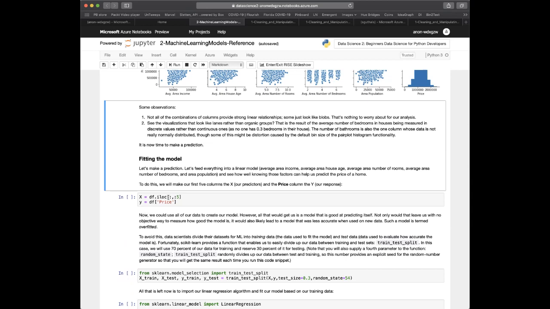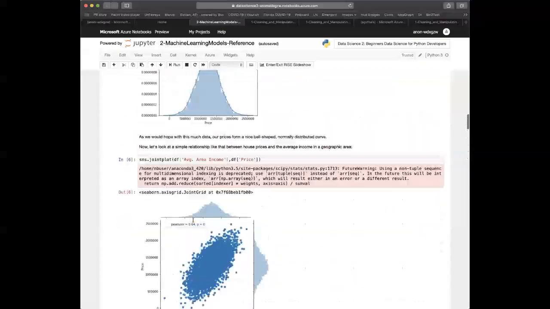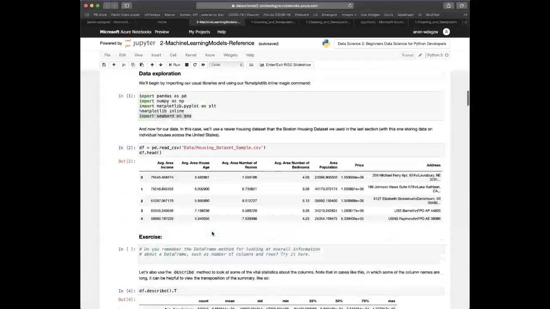This syntax right here comes from the Python NumPy area. It's just saying I want all the rows. So start at the beginning and go to the end. There's no constraints on the rows, but I only want the first 5 columns. And you may wonder, why do we only want the first 5 columns? Let's go back and look at our data frame. When we did the head, column 0, column 1, column 2, column 3, column 4, those 5 columns are the